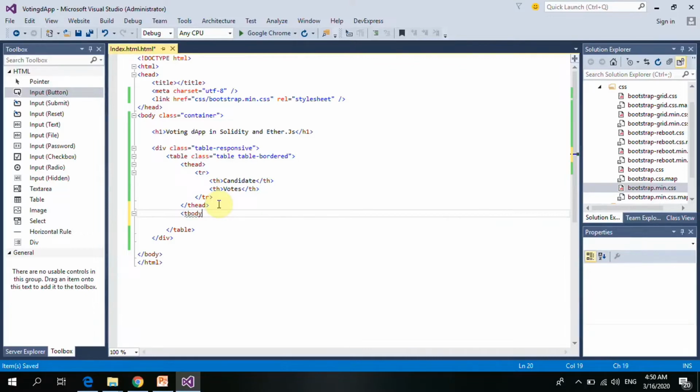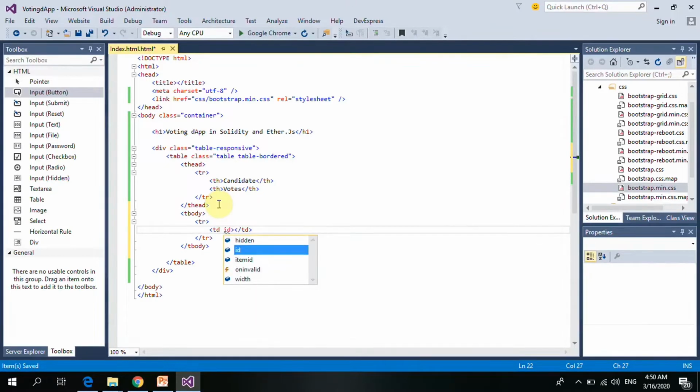Tbody, so we have tr. So the first one, I'm going to have candidate's name. We're going to have 3 candidates, or should we have 2? Let's just have 2 candidates for this video tutorial. So we're just going to have 2 candidates or 2 proposals. So the first one will be, well, let's have 3 just in case. Maybe, let me see, candidates, the first candidate 0 name, and then